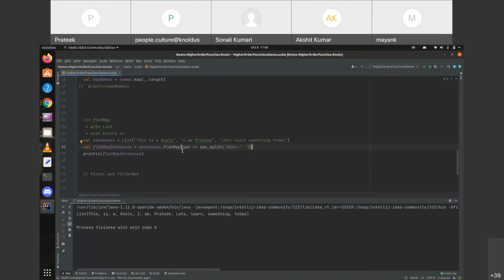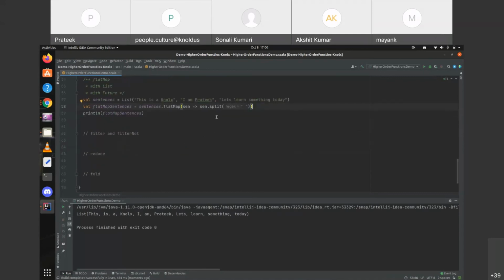So this was an example of using flat map. We can also use it on futures. Let's say if we have a future of a future of int, then the flat map function will convert that into a single future of int. So this was an example of flat map.